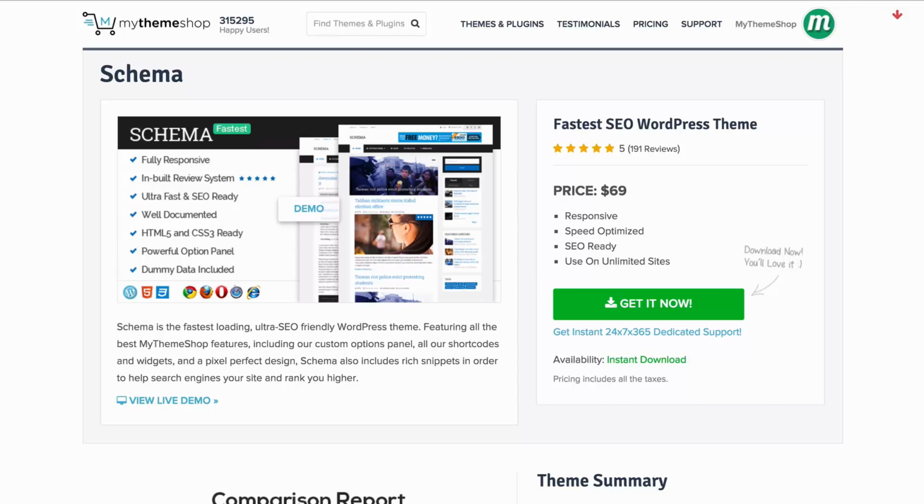Schema is an ultra SEO friendly WordPress theme, featuring all of the best MyThemeShop features, including our custom options panel, all our shortcodes and widgets, and a pixel perfect design. Schema also includes rich snippets in order to help search engines find your site and rank you higher. It's available on mythemeshop.com, and in this video I'm going to be showing you how to get it completely set